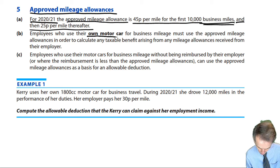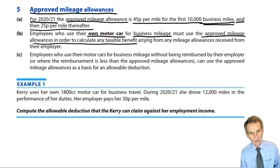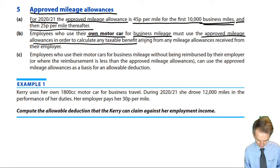Employees who use their own car, this is what we're referring to here, for business mileage, must use the approved mileage allowances in order to calculate either any taxable benefit, if, again, it would be odd, but it might happen, the employer is reimbursing you at a rate higher than the approved mileage allowance rates, or it would represent an allowable deduction for you to take away from your employment income in any given tax year if the employer reimburses you at a rate lower than the approved rates. Either a taxable benefit, therefore, if you get more,